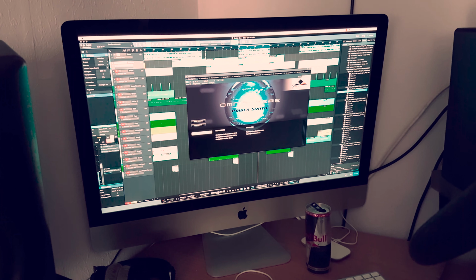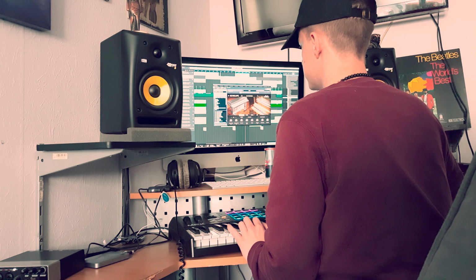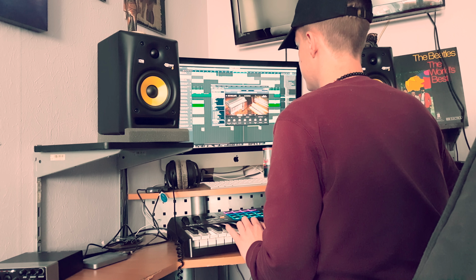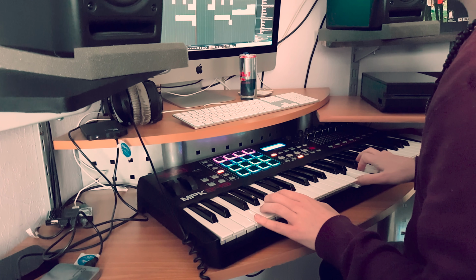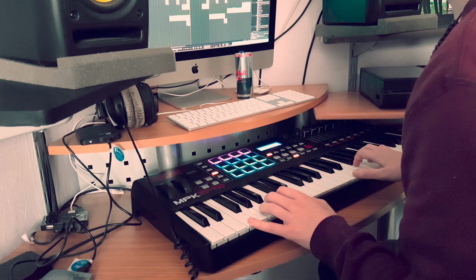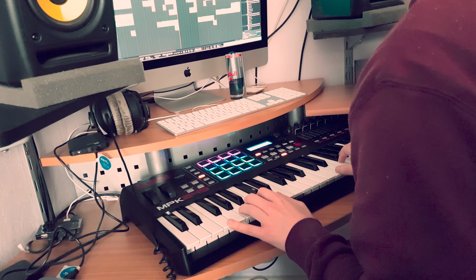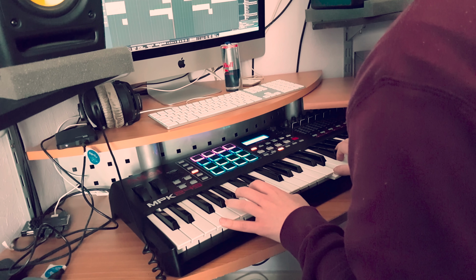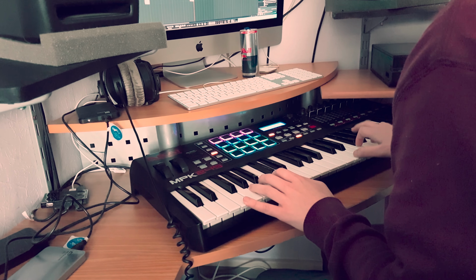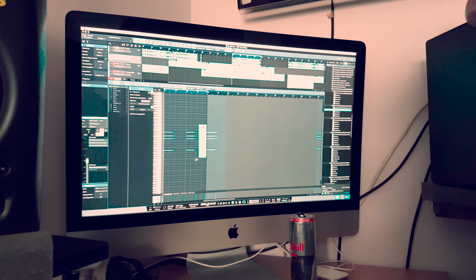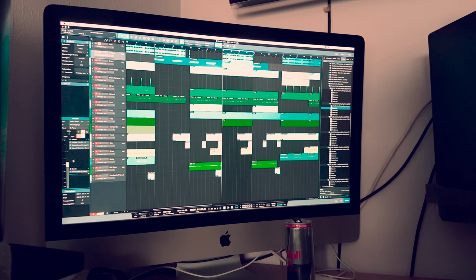Okay, so then I opened up Omnisphere and I was looking for a cool E-piano sound. So after a while I found this one in the Keyscape library, and this is the chord progression I came up with. So after that I quantized the chord progression, and that's what it sounds like with the bass all together.